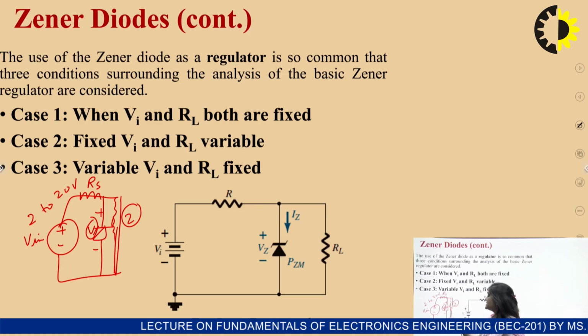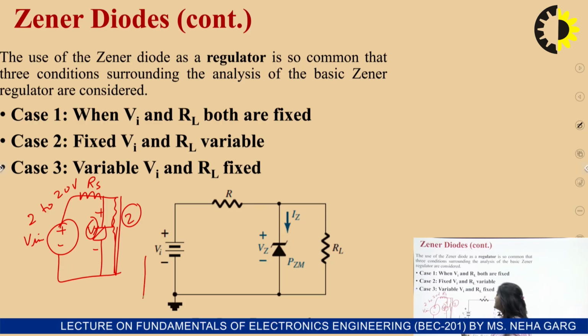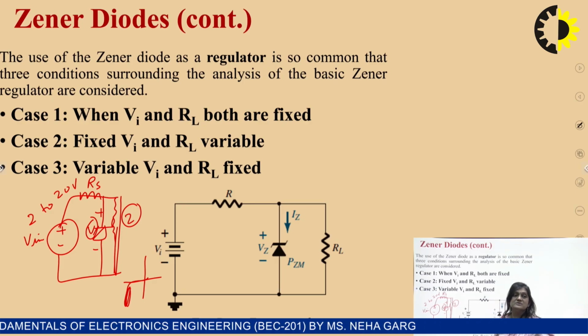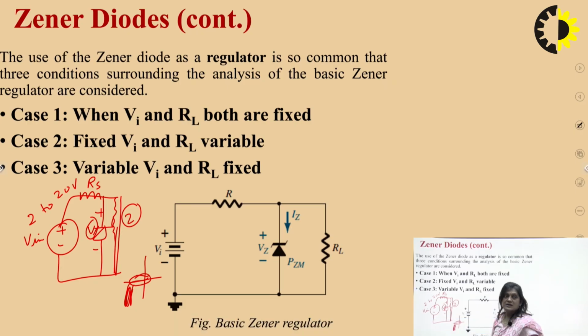If this V is greater than the Vz, then the zener will be working in this region. If this V is greater than the breakdown voltage of the zener, then zener is working in this region. And if this V is less than the zener breakdown voltage, then the zener will be in this region. So in that case, if the V voltage across the zener is greater than this Vz voltage, then it will work as a voltage regulator, and it will provide a constant voltage across this load resistance, that is called Vz.